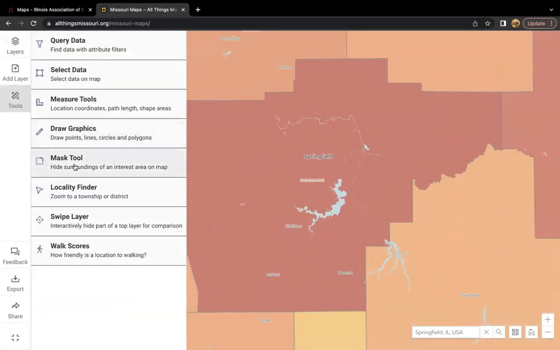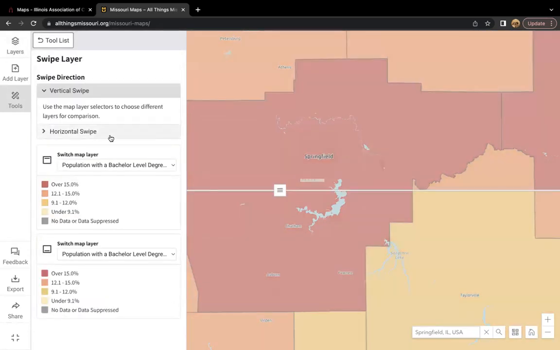You can also, I'll go ahead and highlight one tool that is really fun, and it is our swipe layer tool. It is very great for demo purposes when you are trying to demonstrate how an area's data has changed over time.